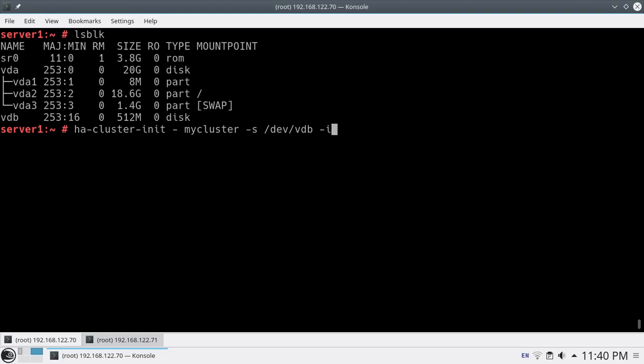And then I have two interfaces. So I will use my eth1, that I am using as my private interface. That IP is 10.10.1.70, which I will be using for all my cluster related communication. So here -n is missing.